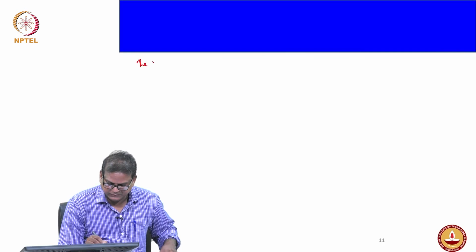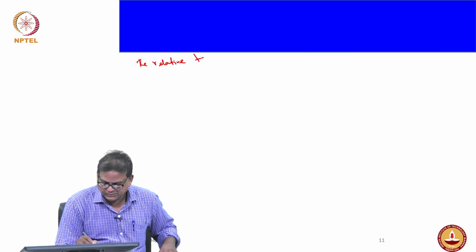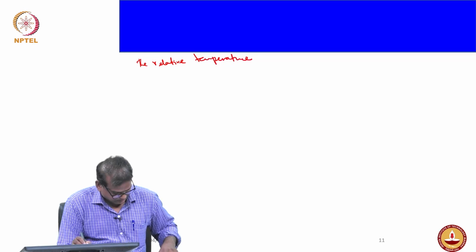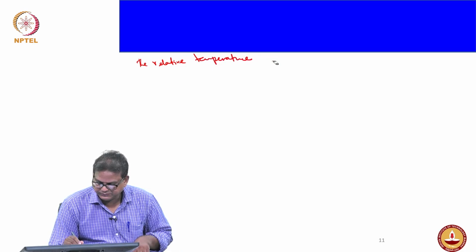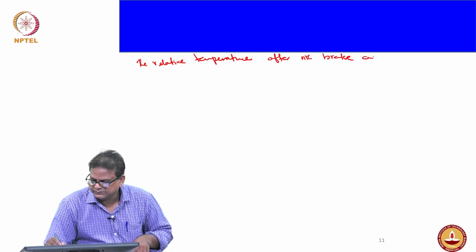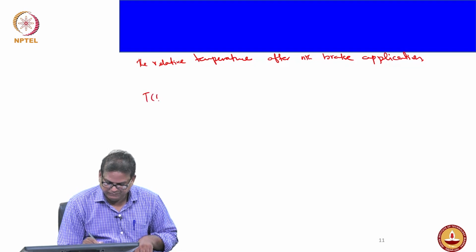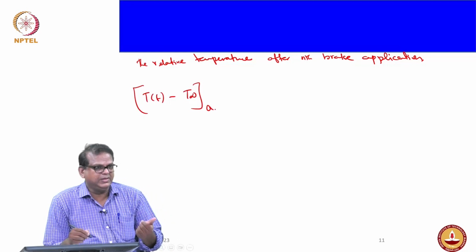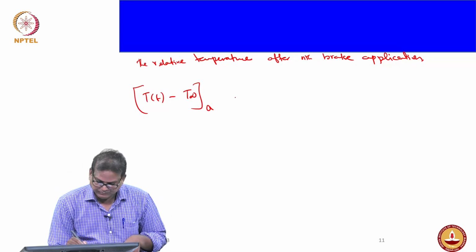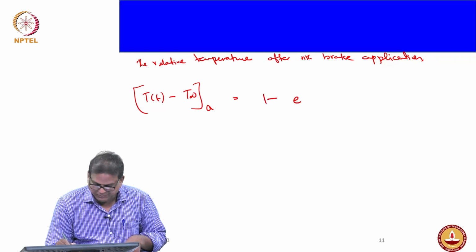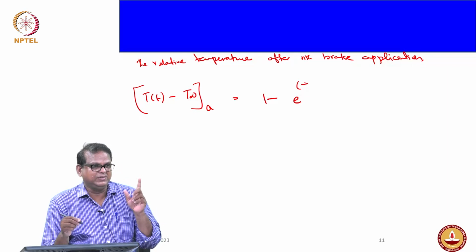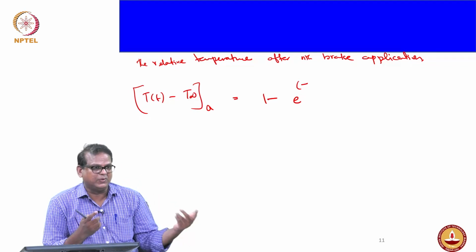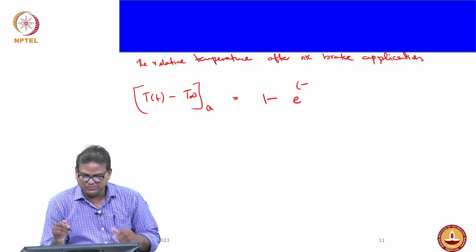So the relative temperature after the nth brake application, T of T minus T infinite, this is A. So B is before application, A is after application. It is 1 minus e power minus (n minus 1) A, right. Because that is before one cycle, now that one cycle is over, you will have only NA,